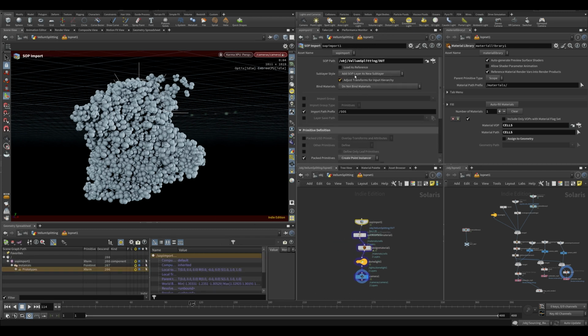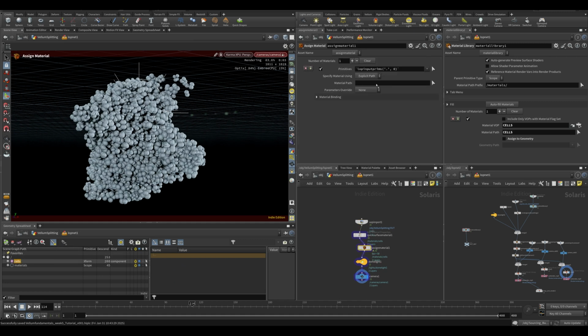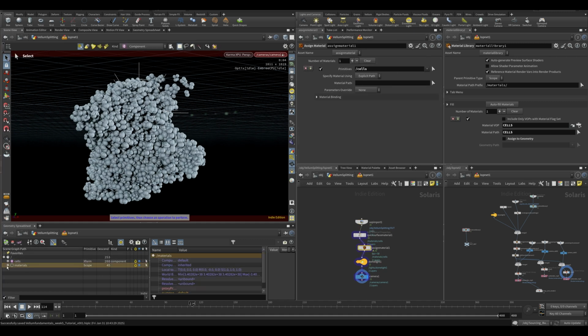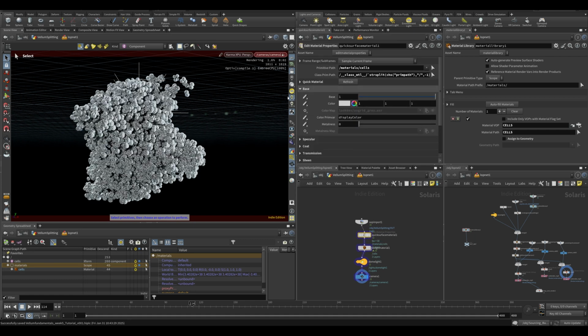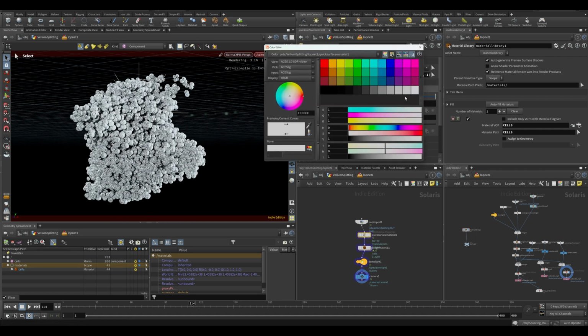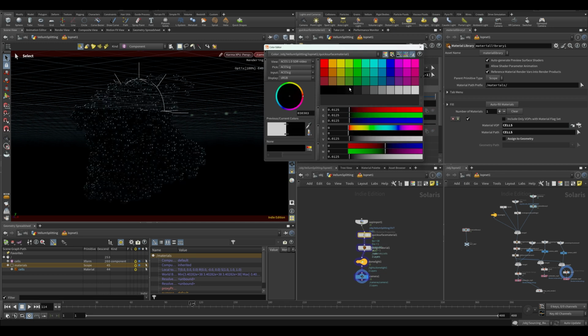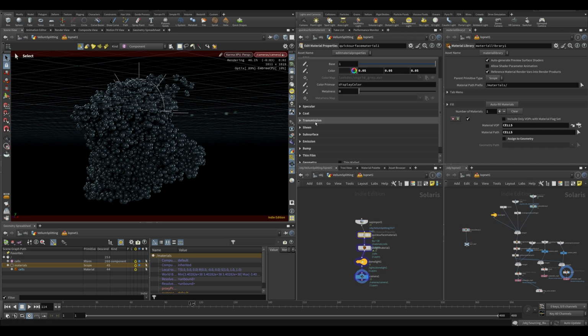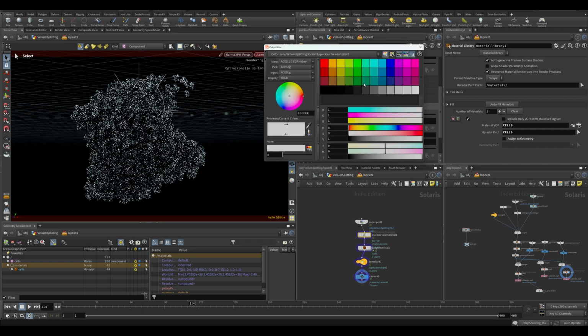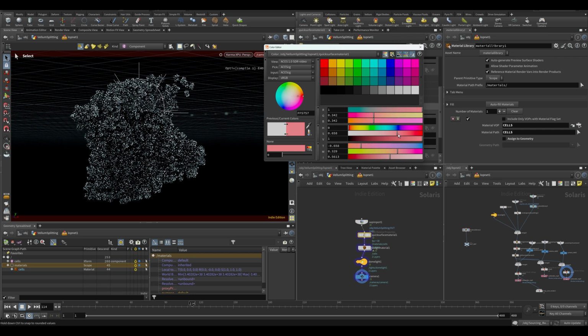Maybe, by the way, call this cells as well. So import path, so it's actually named cells. We want to assign a material to cells, and we want to assign our cells material. And then we could, I don't know. Kind of depends what you want to do with the look. I don't want to spend too much time here creating a look for this, but